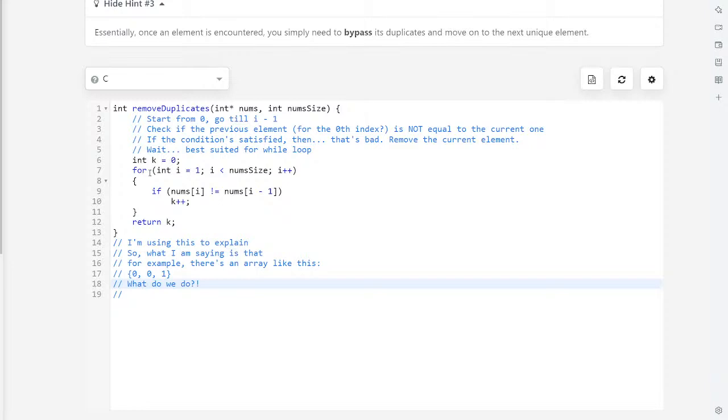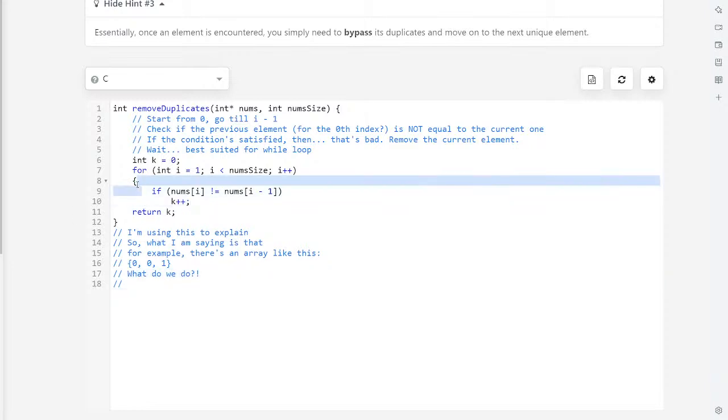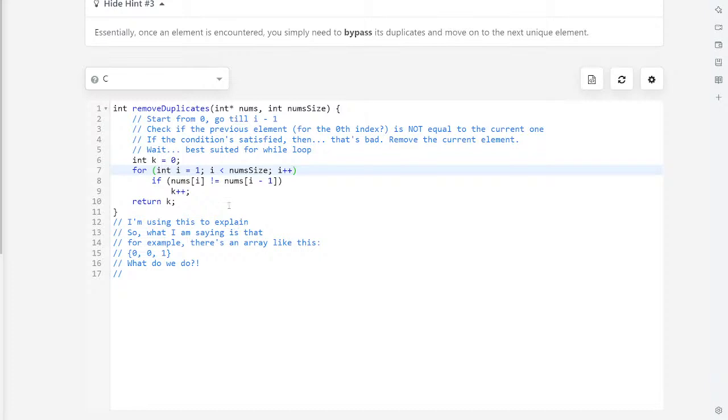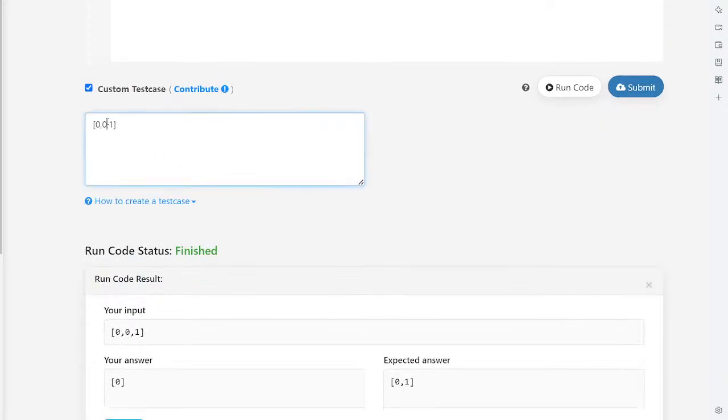Why is it? I think I should even remove these brackets. These are just hindering my progress. For i equals 1, i is less than num size, i plus plus. I think I should give it thousands and thousands of elements. 1, 2,